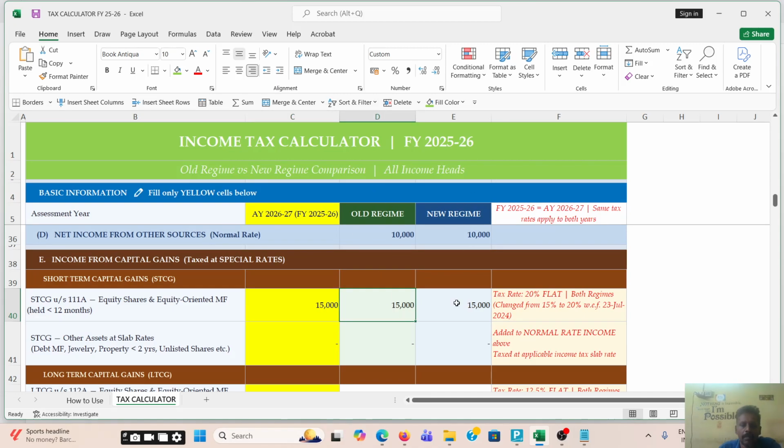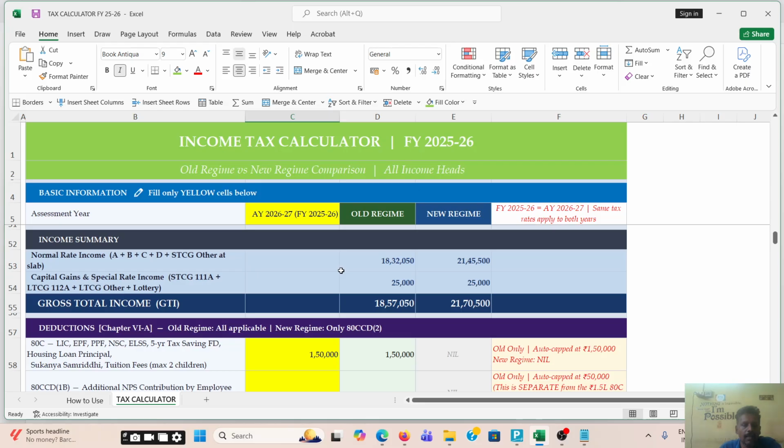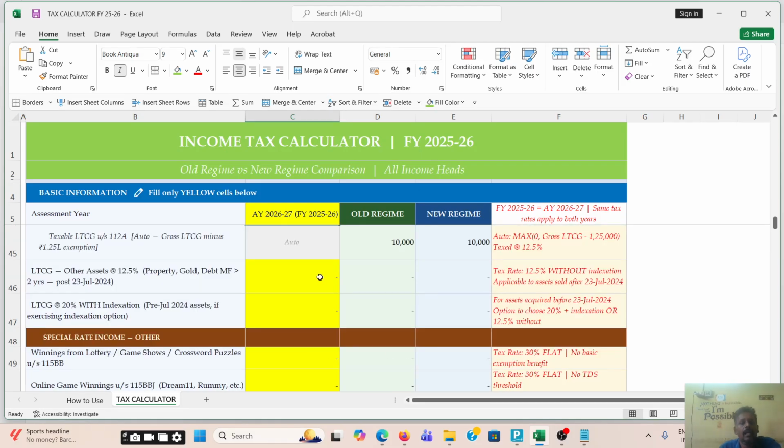Even if you have a long-term capital gain, I enter 1,35,000. It automatically picks up that 1,25,000 exemption, and after deducting that 1.25, it's showing only 10,000 as your long-term capital gain. So short-term and long-term capital gain, everything is automatically picked up here.